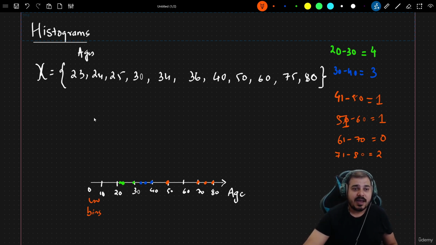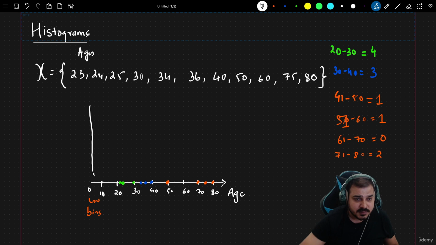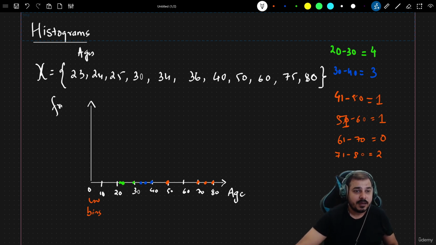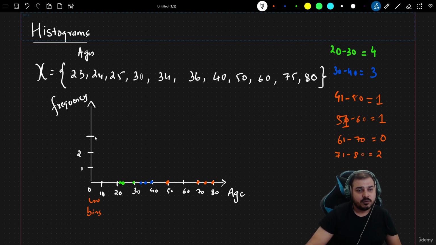Okay, so here what I am actually going to do, if I really want to convert this entire thing into a histogram, all I have to do is convert this something like this, and this axis will now become your frequency or count. Then, how many points exist between these bins, like 20 to 30? 4, right? So we will update this count frequency like this: 1, 2, 3, and 4. Okay, and then we will start constructing buildings for this based on the count.